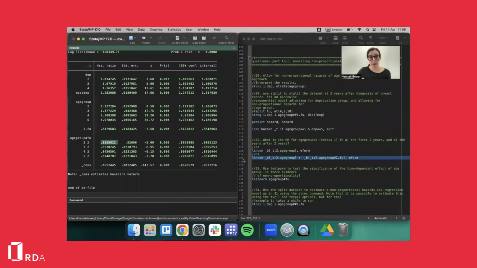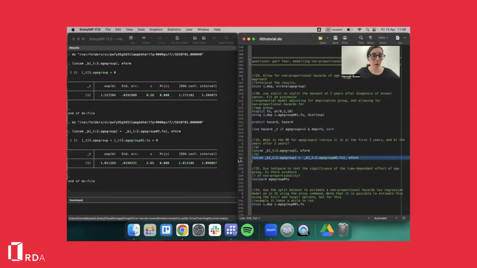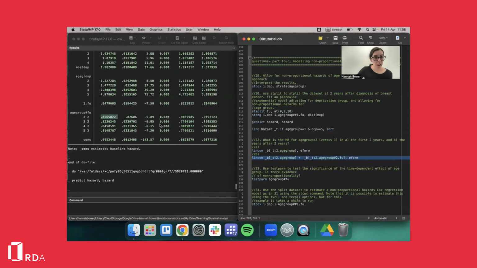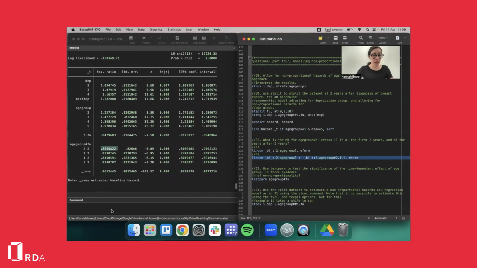But when we're on the log scale, this multiplication becomes a plus. So if I run this, we will get out our hazard ratio in the second period, from 2 to 10 years. This isn't outputted in our output here, but we should see that if we do display